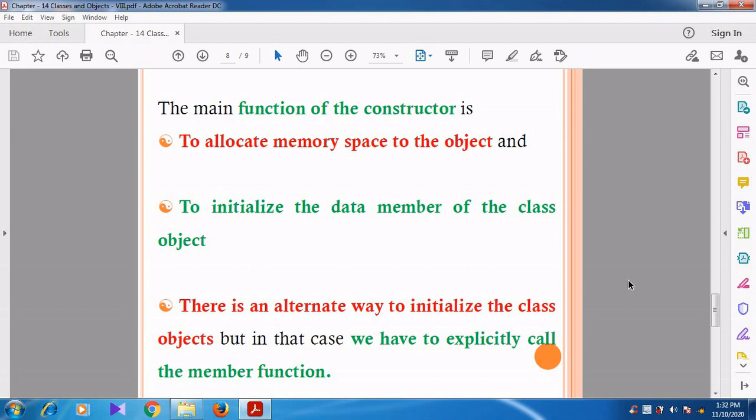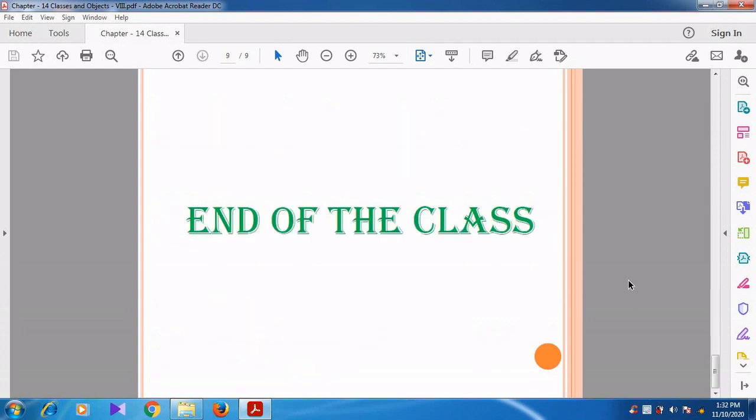But whenever we want to initialize the class object in the alternate way, we can call the member function in an explicit manner. Can you understand, students? That constructor is different: the parameterized constructor. We will discuss that in the next video.